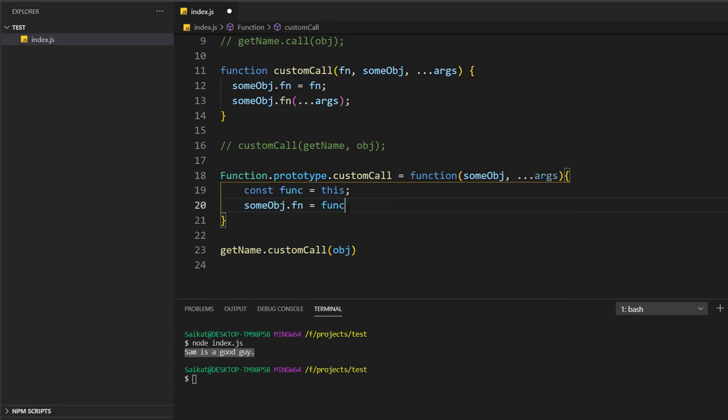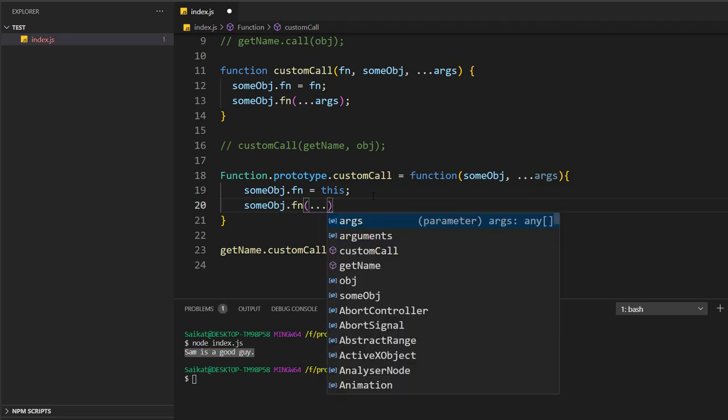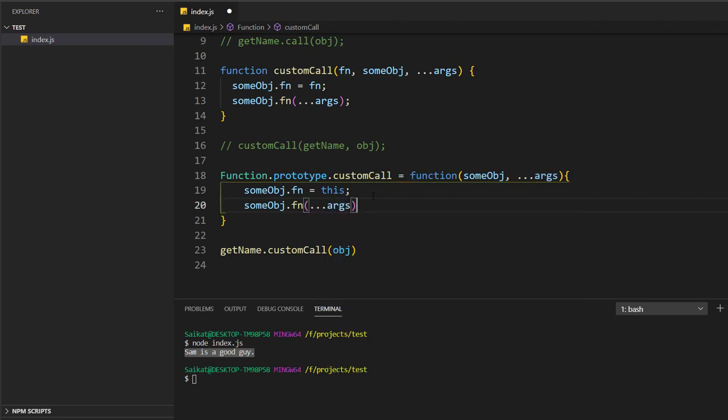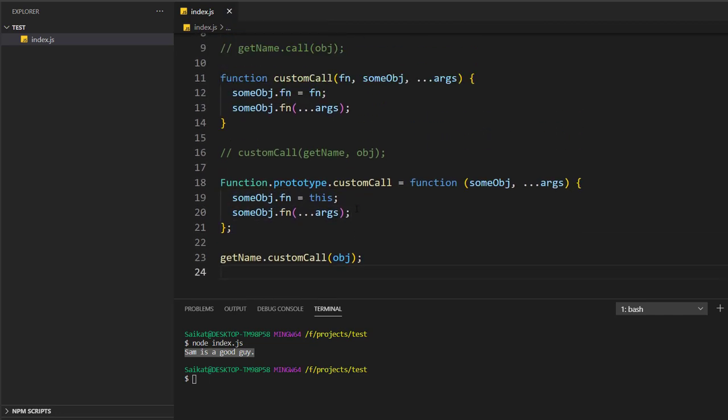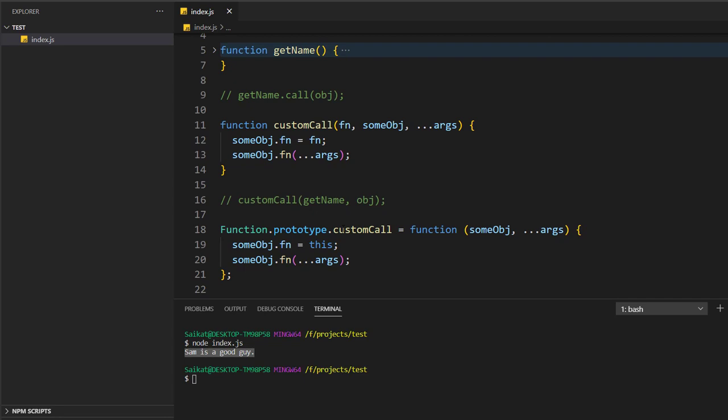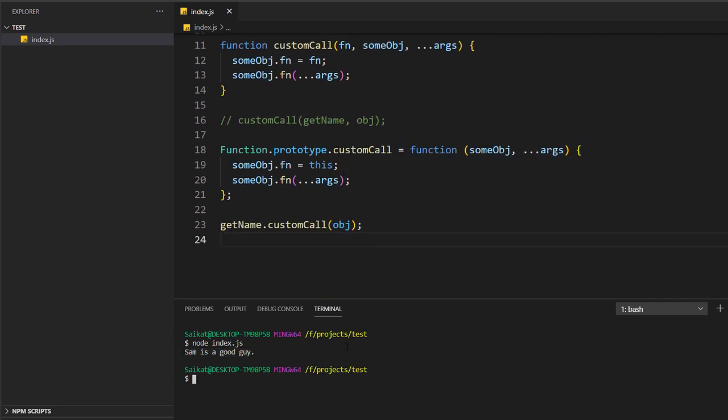So instead of writing like this, I'll be writing like this, and I'll remove this line. Now what I can do is someObj.fn, and then I'll pass all the args. So it's done. This is how the polyfill of the call function works internally. If I run it, see, it works the same way.